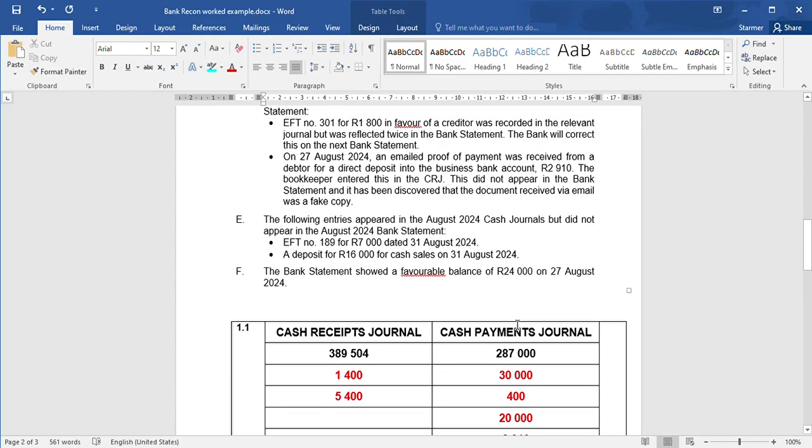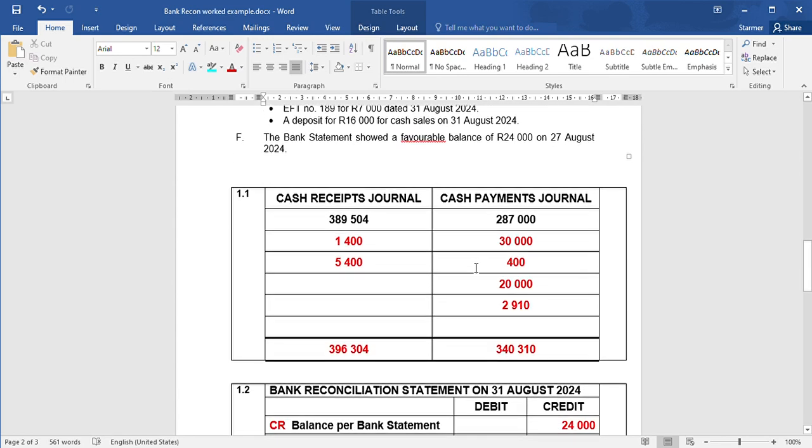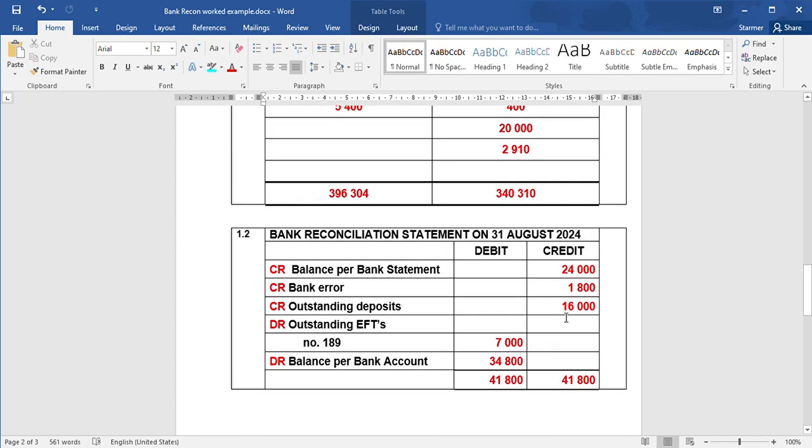They then tell you that there was a deposit for 16,000 Rand for cash sales. It's in the journals. The bank hasn't recorded it, so therefore you're going to need to record that in the bank recon statement. Okay, and in the bank recon statement, this time we will credit it